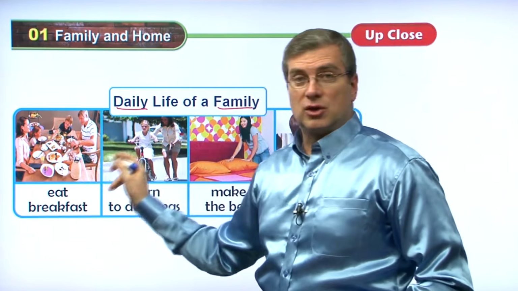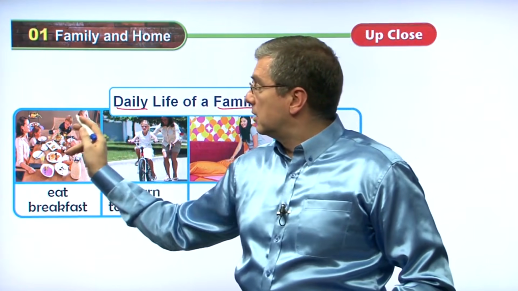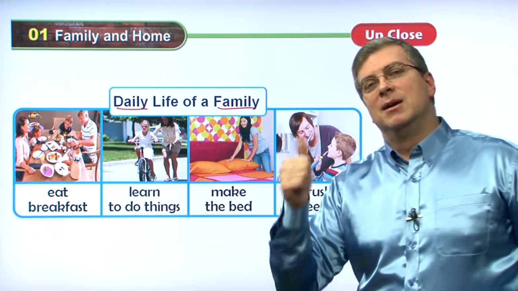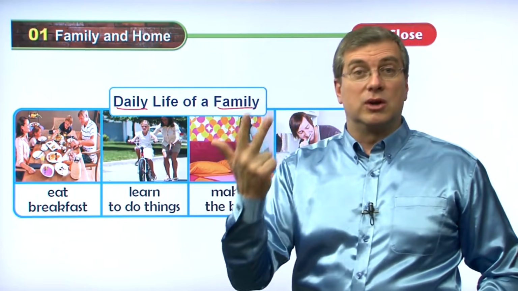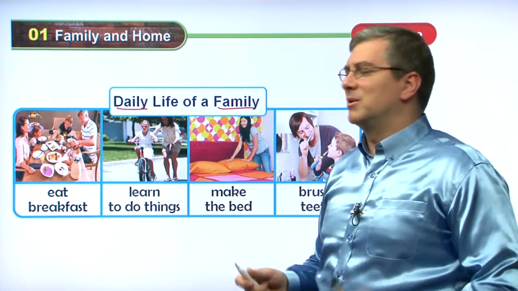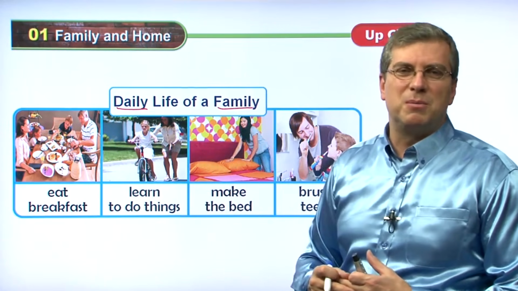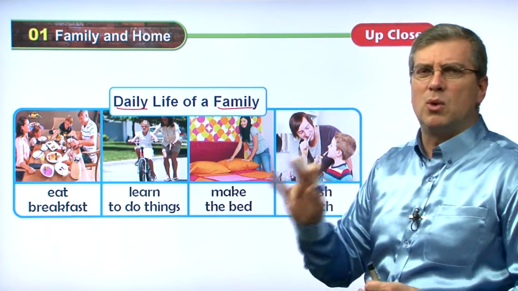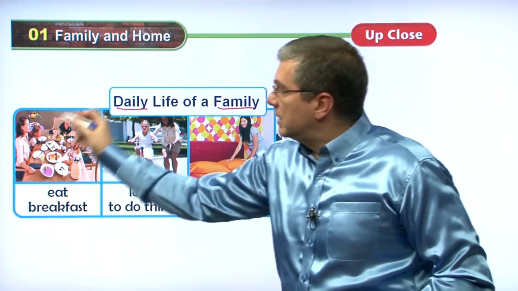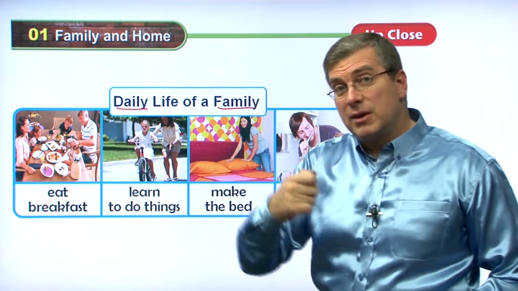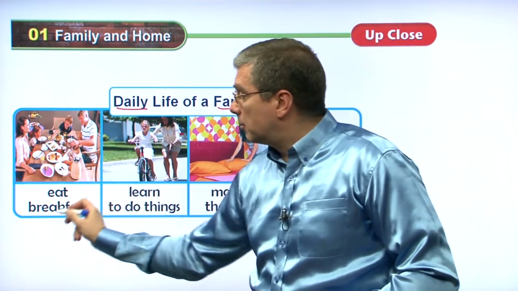Here we have a picture of a family. Father, mother, boy, girl. Wow, it's a perfect family, isn't it? People say the perfect family is mother, father, girl, and boy. Not all families are like that, of course, but a lot of people think that's the perfect combination, one boy, one girl. Anyway, what are they doing? It's the morning time. They're sitting around the table. They're eating together. In the morning, they are eating breakfast.